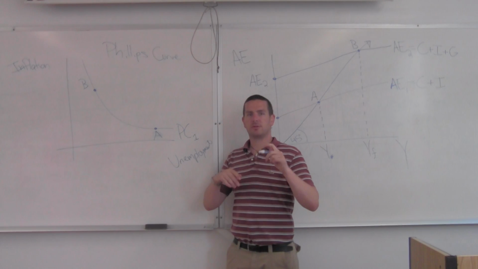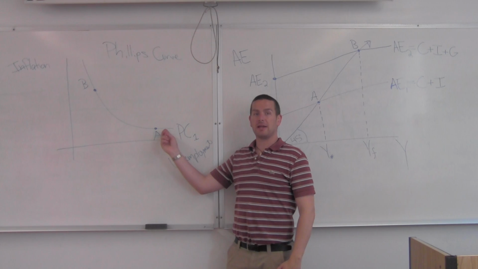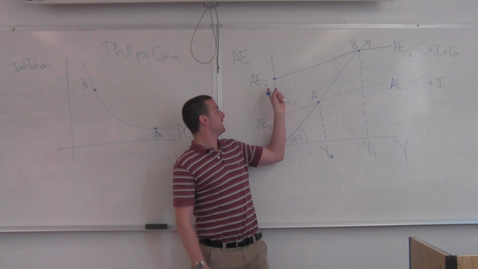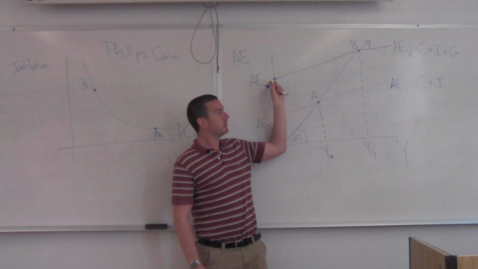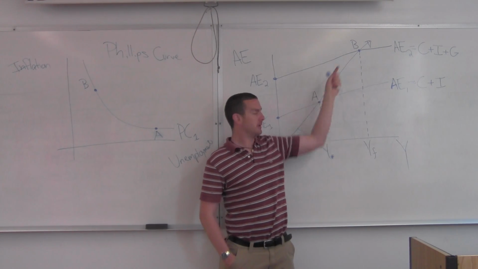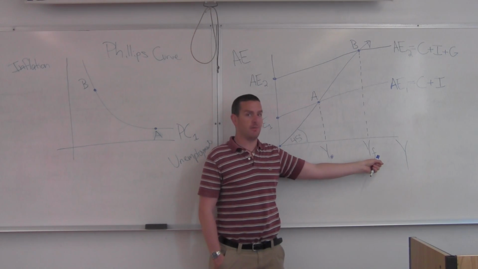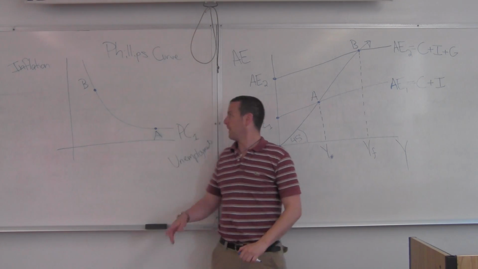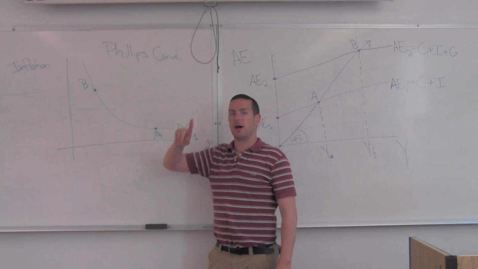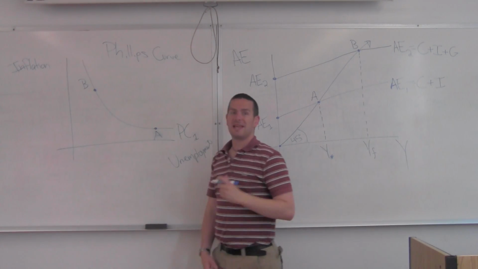So, to work through the whole story again, we're at point A with a lot of unemployment. We raise the level of spending from A1 to A2 by introducing the government. That gets us from point A to point B. We go from this level of income and employment to this level of income and employment, to full employment. Okay? From A to B, we had a lot of unemployment, now we have very little, but prices went up. Okay? We went from A to B. Once that happened,